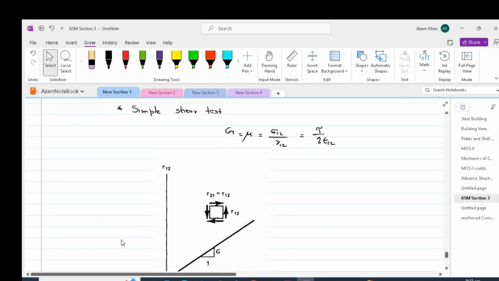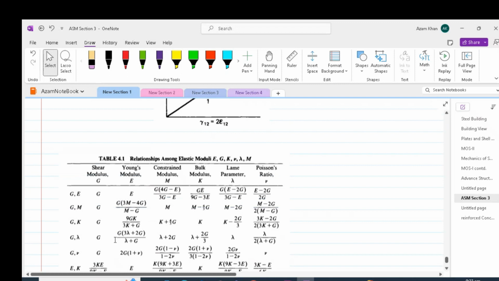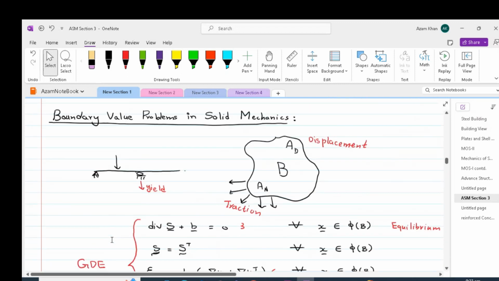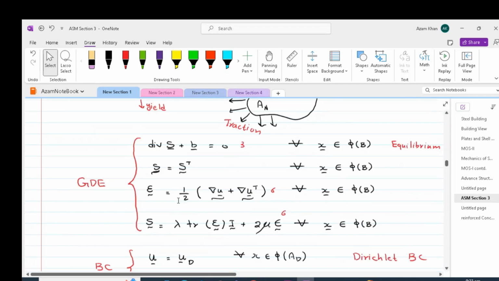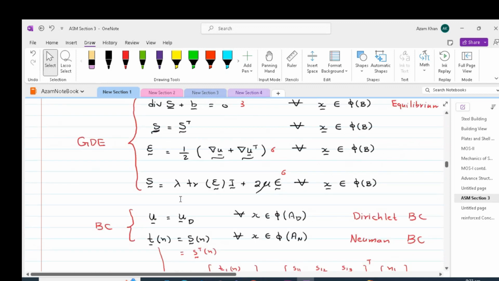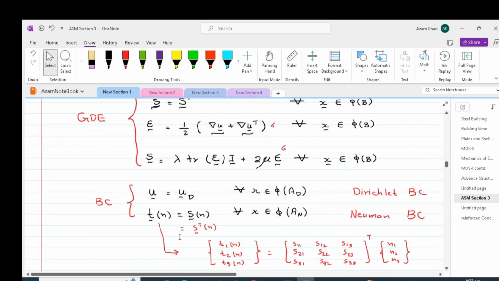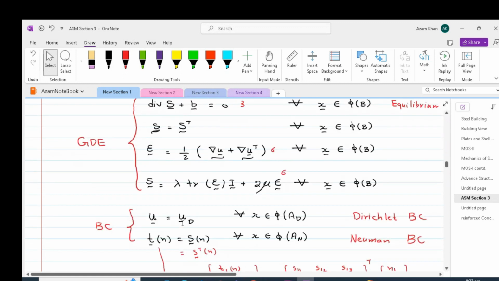Thus, we finally conclude with this note that we can treat the different problems of structures as a boundary value problem. We can determine the governing differential equations. We have to apply the boundary conditions. Only the governing differential equation is not sufficient. Without boundary conditions, the structure is unstable. So we can have a displacement boundary condition or a force boundary condition. We call it traction. And traction is the force per unit area, which we call